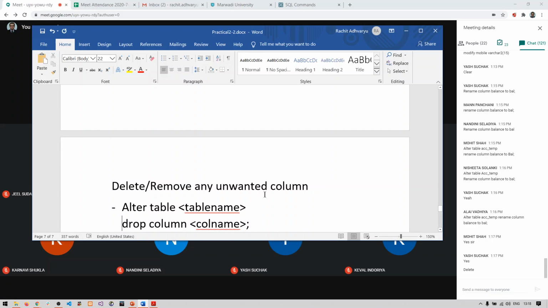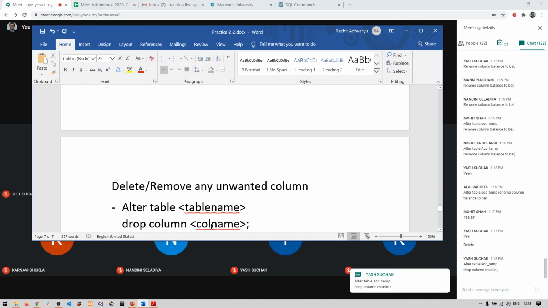Alter table name, drop is the keyword to delete columns, and delete is a keyword to delete rows, right students? So remember this differentiation. Delete command deletes or removes rows, drop command removes the table or the columns, right? So alter table name, drop column name.